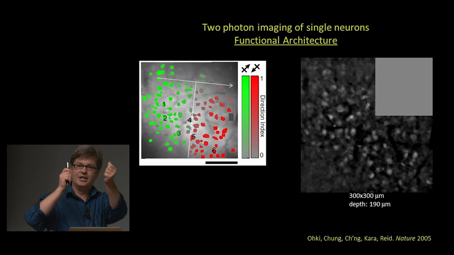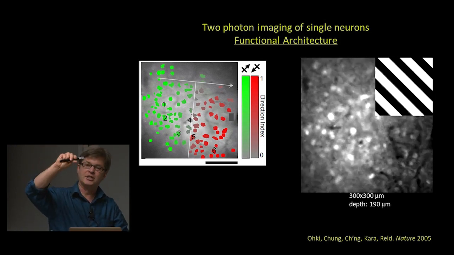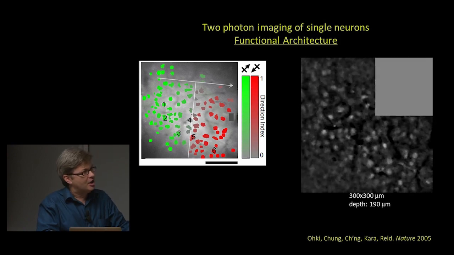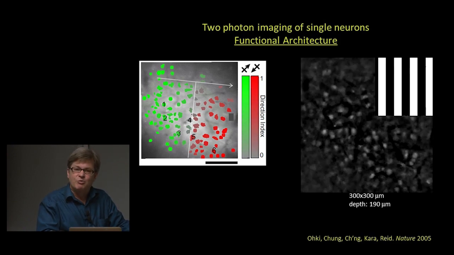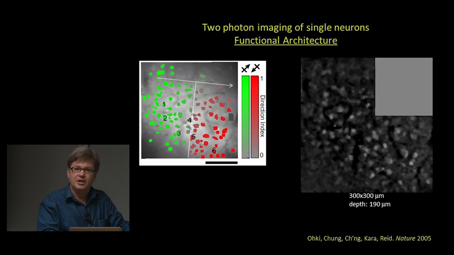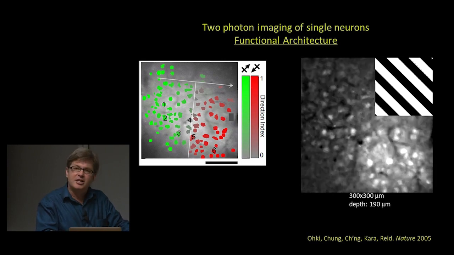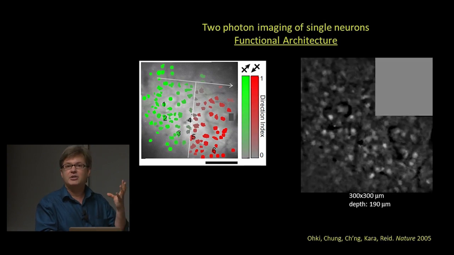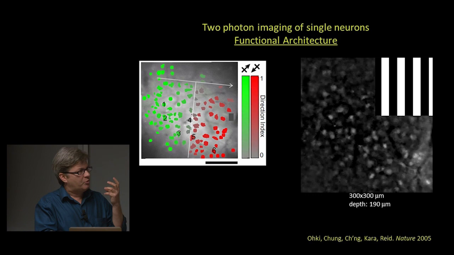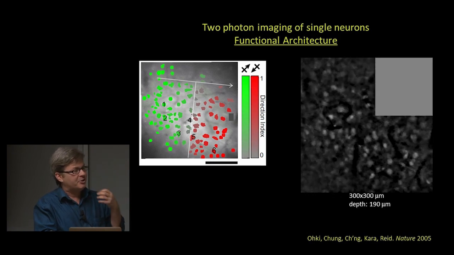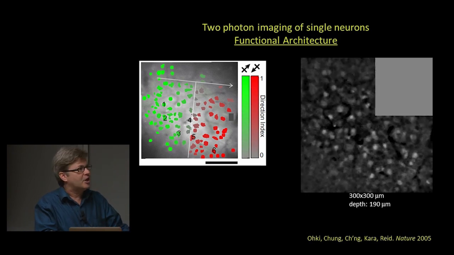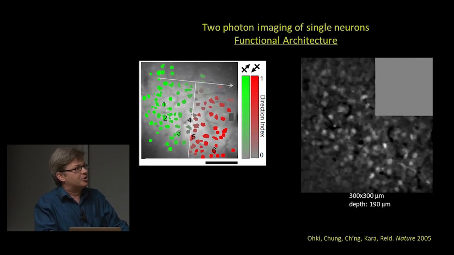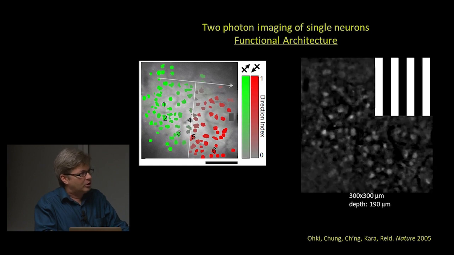It allows you to see the input of the two eyes. It allows you to see regions of the cortex that are excited by different orientations. But again, I've said many times, it wasn't able to do that at the level of single neurons. With two-photon microscopy and these fluorescent molecules that get brighter when neurons are active, with those two bits of technology, in the past decade or so, the field has been able to look into